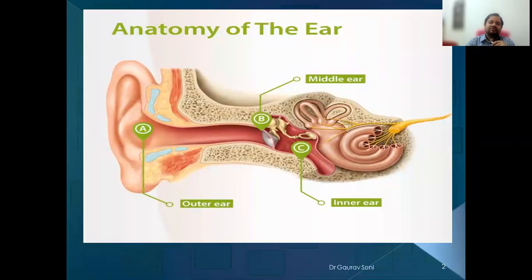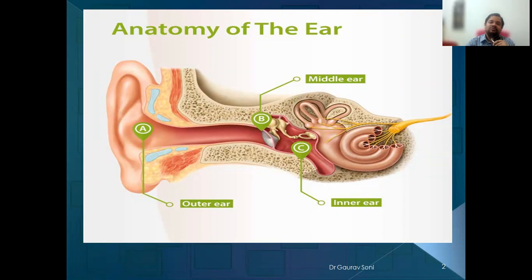This is the diagram of the anatomical ear. Here you can see it starts from the outer antenna-like thing, that is the pinna or auricle. Then there is a canal, which is a conducting duct from where the sound waves which are attracted in the antenna or pinna are going to be transferred towards the inner part. Then in the middle there is the middle ear. You can say this is a room where some machineries are fit to condition the air or sound waves which are going to go there.